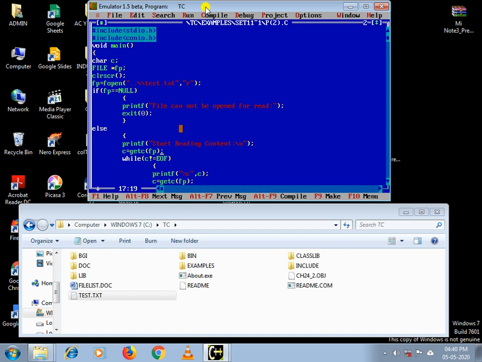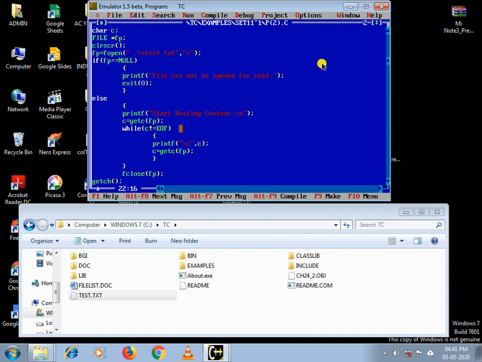So this statement will read a single character from the file mentioned here, that is test.txt, and store that character in variable c. Now in the while loop, c is not equal to end of file. As we saw in our previous video, each and every file must have an end of file character which indicates to our computer system that this is the end of the file, and that is Control Z, right?